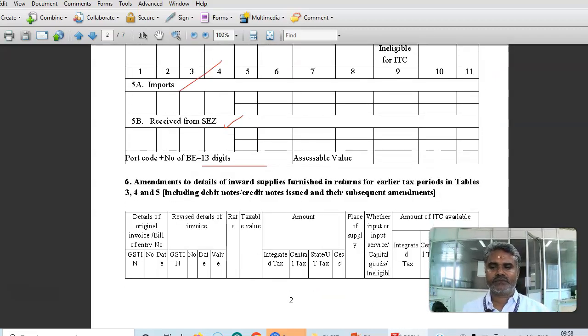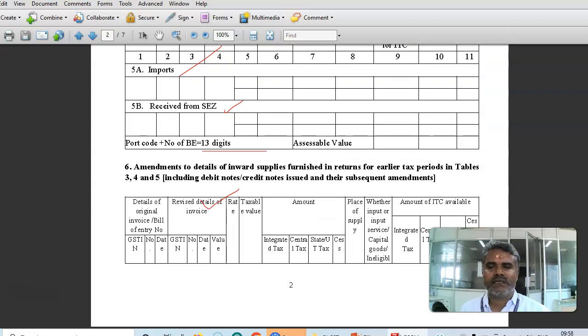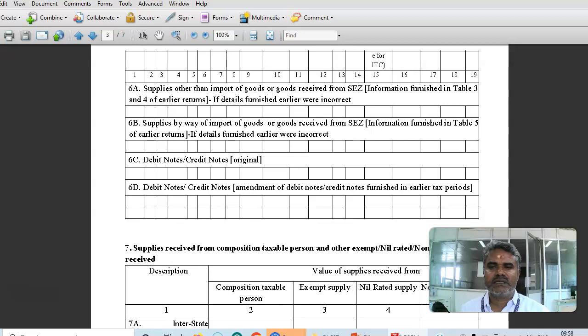Then in form GSTR 2, the sixth one, amendments to details of inward supplies furnished in returns for earlier tax periods in tables 3, 4 and 5. So this detail will be given here. Then the seventh one is the other information regarding serial number 6: supplies other than import of goods, you read carefully. Then by way of import of goods, then debit note, credit note, original. Here you have to give the details about the debit note, credit note, and amendment of debit note, everything will be